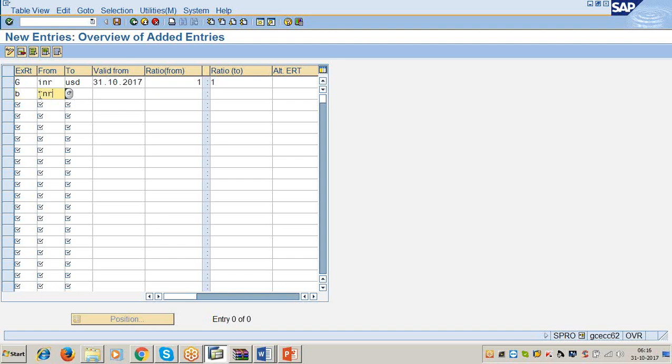From is equal to INR to USD, valid from 31/1/2017. Ratio from 1, ratio to 1.